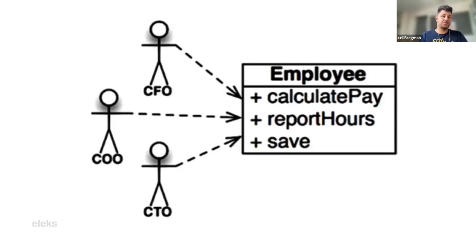Now suppose that the chief financial officer's team, the accountants, decide they want non-overtime hours to be tweaked somehow. In contrast, the COO team in HR does not want this particular tweak because they use non-overtime hours for a different purpose. You see the problem here, right? A change was requested by one of the stakeholders, and it affected the output of another, who would not know about this update in the first place.